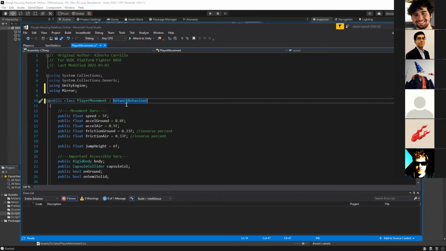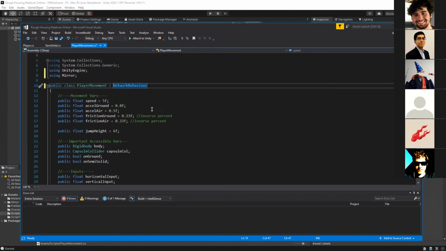One of the caveats to using NetworkBehaviours on literally everything is that any NetworkBehaviour script on a game object will get its own network identity. That's just more things that the server needs to keep track of, so if you can avoid using a NetworkBehaviour, that's going to be better performance and less things sent over the network. So ideally, I would not make player movement networked and just disable it.